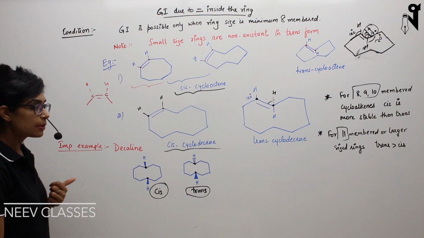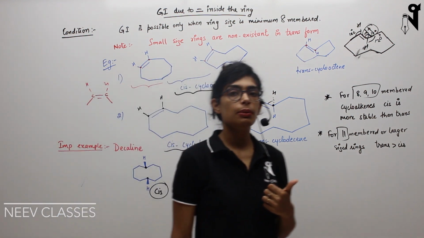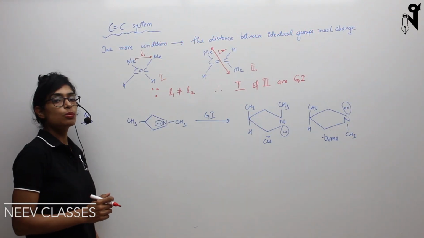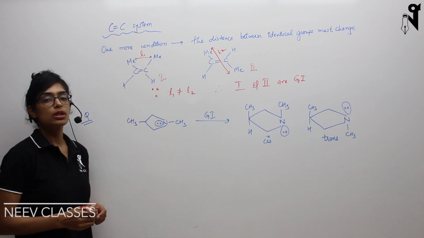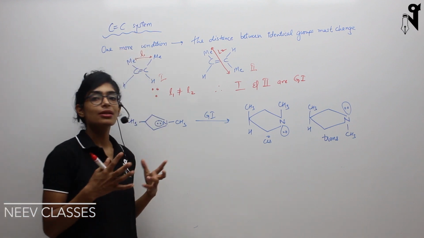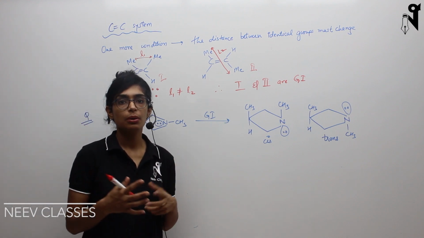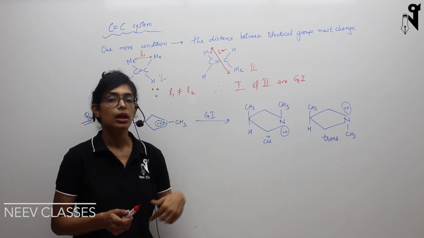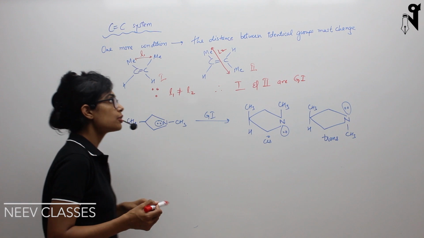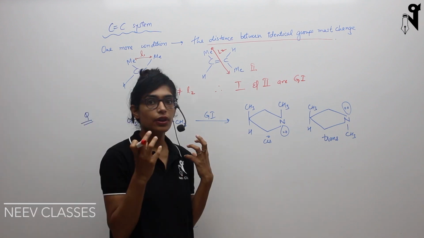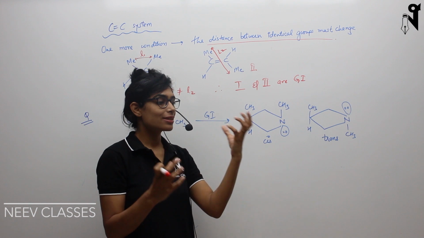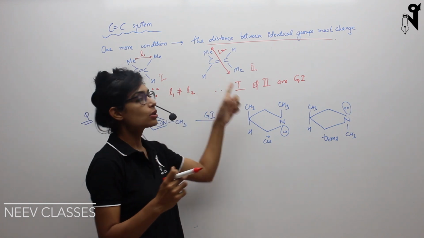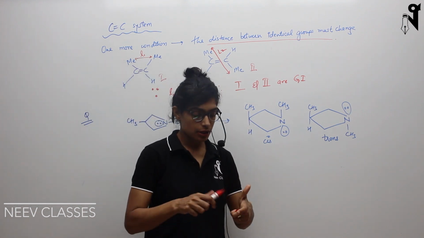Okay, now I think I had missed a small point when we were talking about carbon double bond carbon showing GI, and that I'll discuss now. We discussed that there should be two different substitutions on each carbon of the carbon double bond carbon, so that it can show GI. But apart from that, there was one more condition: if we have two same groups which we are referring to for cis and trans, in that case the distance between these two must change in the cis and trans forms. What do we mean by that? Let me explain.